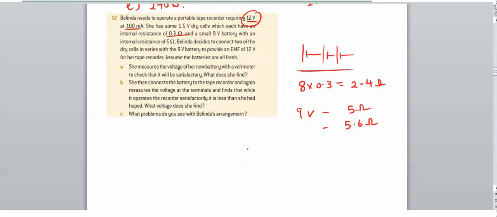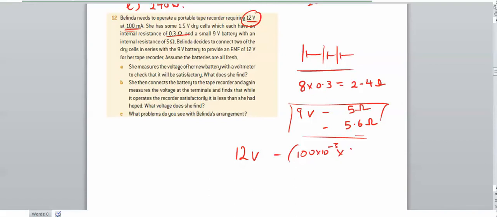In this example, she has 12 volts. It says here it's operating at 100 milliamps, and there's this internal resistance inside the cell, and the total internal resistance is 5.6 ohms. So if we take away voltage, voltage equals current, which is 100 milliamps, 100 by 10 to the minus 3,